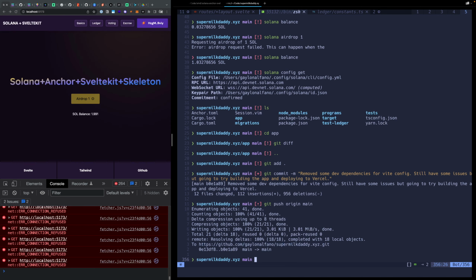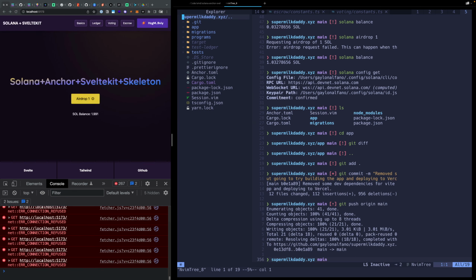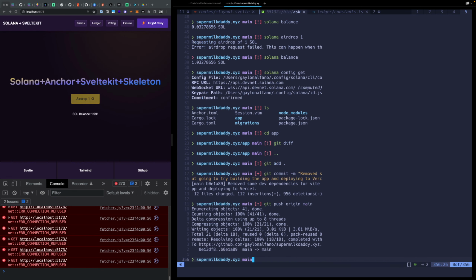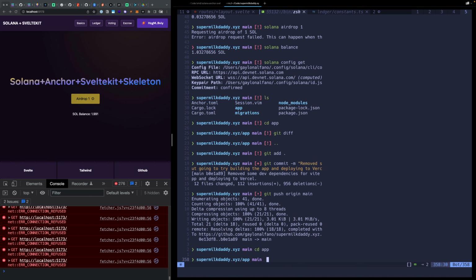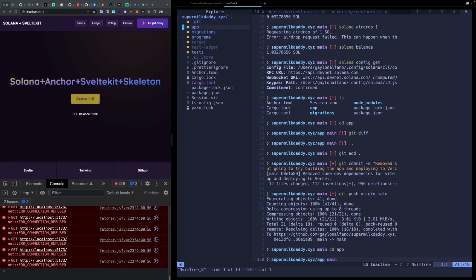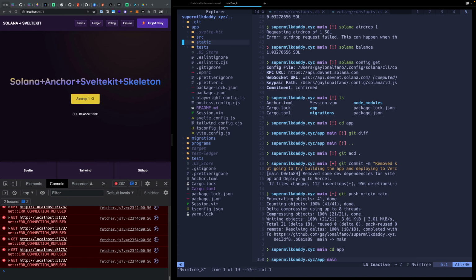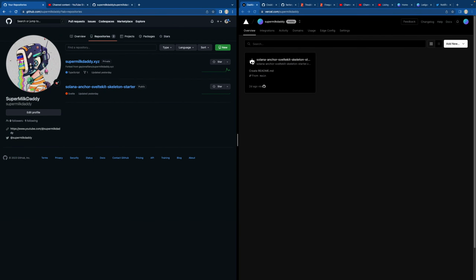One thing I did learn is that for Vercel, my front end application is all here in the app directory. It's got my routes, all the SvelteKit related stuff, and its separate package JSON with its own Vite config. When you configure Vercel, you'll notice I've been using my old personal account, but I've learned how to set up